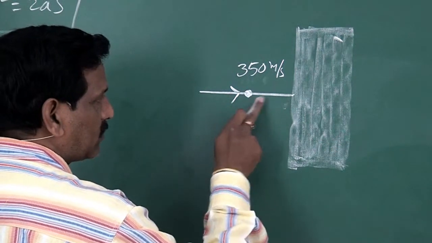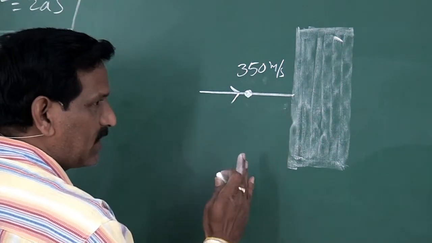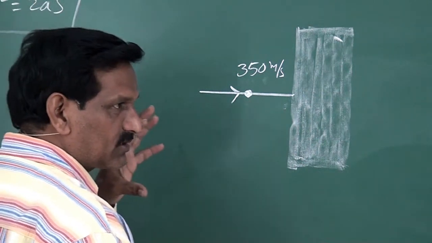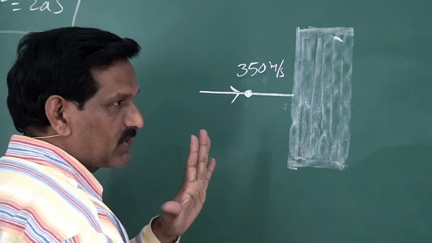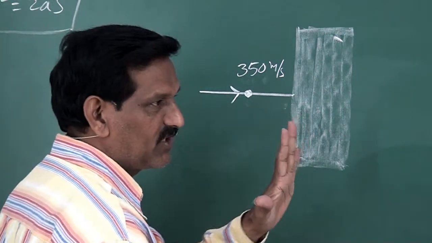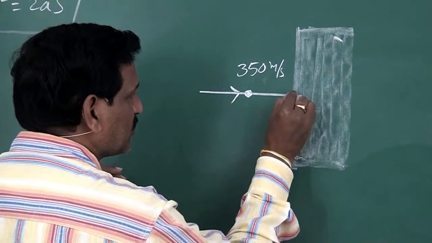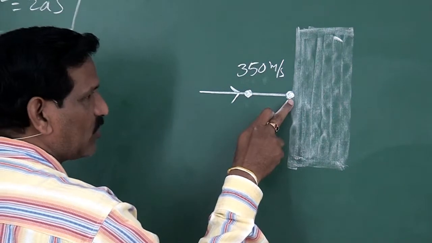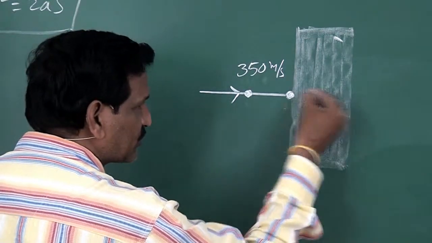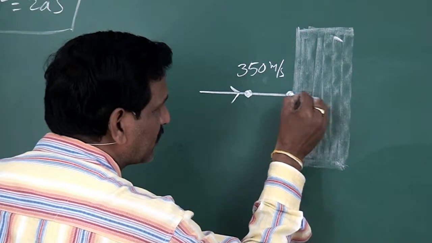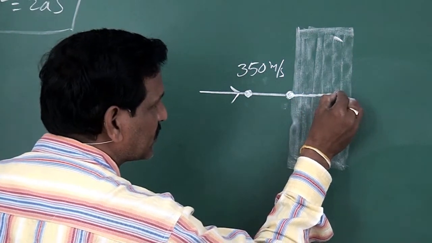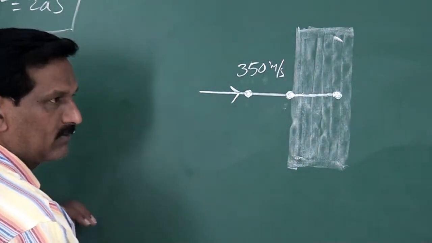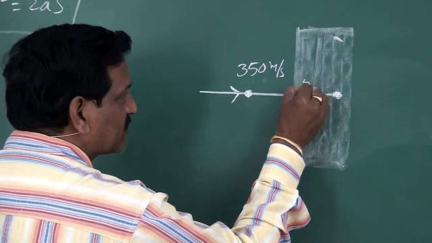So when this bullet strikes the concrete wall, what happens? That wall opposes the motion of the bullet. It applies some resistance to the motion of the bullet. Hence, when the bullet enters the concrete wall, because of the opposition, its velocity gradually decreases. It becomes 0 somewhere else. That means it comes to a stop there after traveling a distance of 5 centimeter.